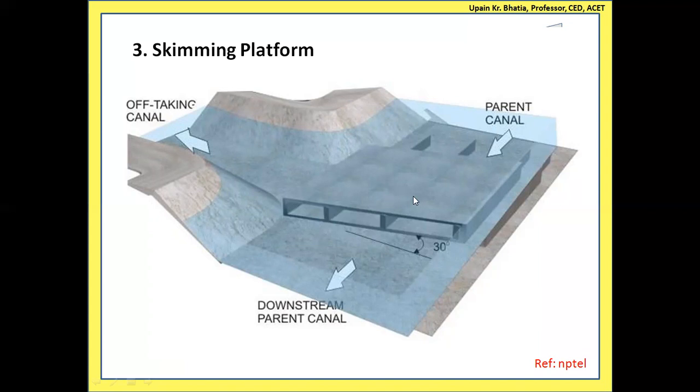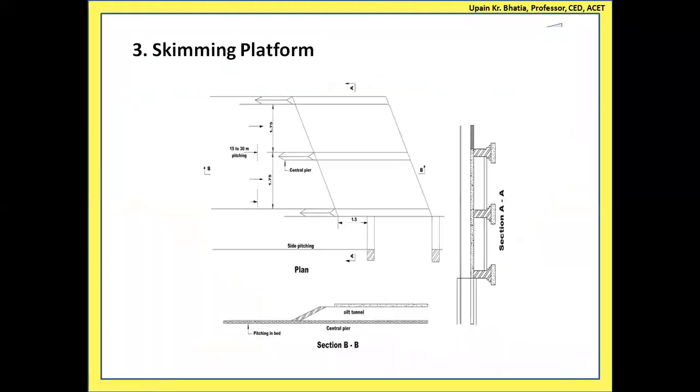So this is called the skimming platform. This is the platform that is basically dividing two layers. So bottom layers are finding their way from underside of these tunnels and going to the downstream side. The upper layers, which are sediment free, will be diverting into the offtake channel. So this is basically the function of skimming platform. This is another view which is available in the books or the literature. So these are made sharp on the upper side, and this is the slab.